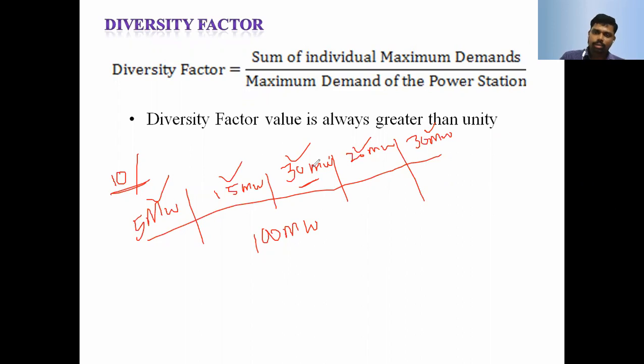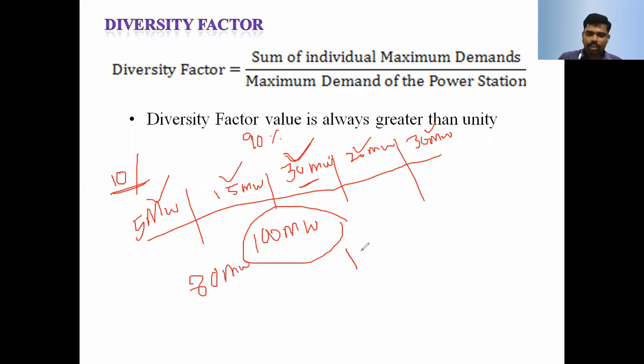For peak load also, for all the appliances, they are calculated, and they have taken the permission from the electricity board, that is, they have taken the services. This is nothing but maximum demand, but on an average it is only 90% in that. Suppose 100 megawatt is there, but the maximum demand is only 80 megawatts. That is how much? 100 by 80, that is 10 by 8. But always the diversity factor value is greater than unity.